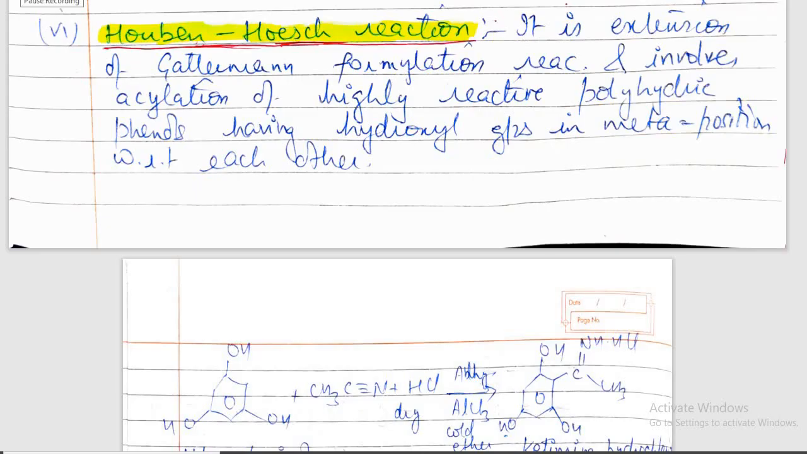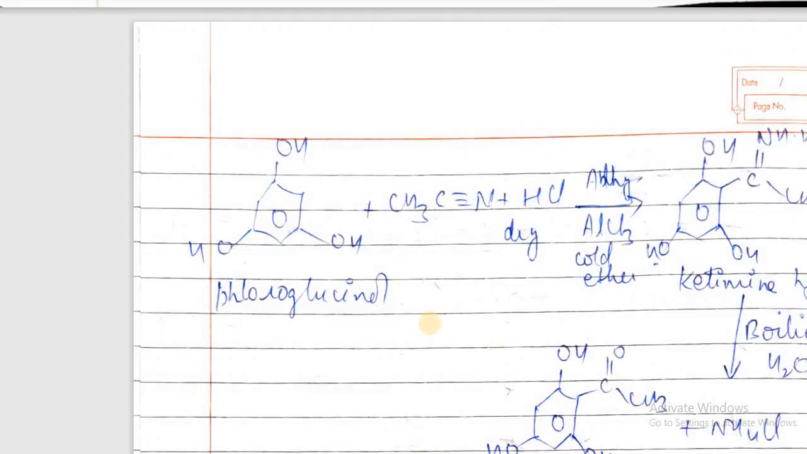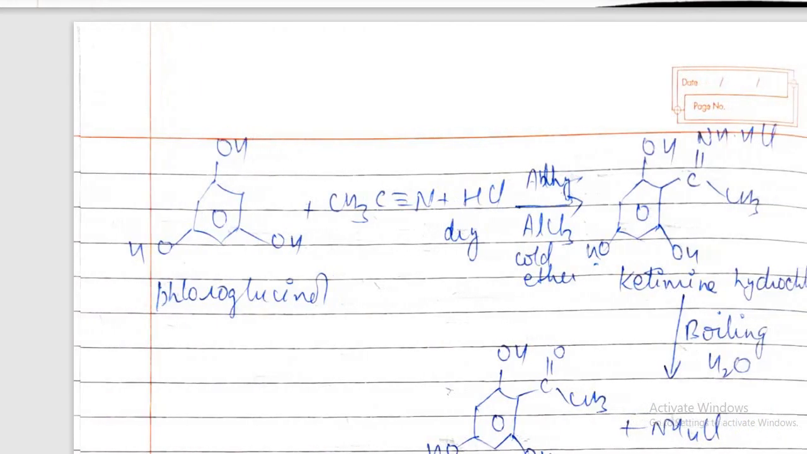Today we will start with the Houben-Hoesch reaction. As we already know, the Gattermann aldehyde synthesis is similar to this reaction, or we can say this Houben-Hoesch reaction is an extension of the Gattermann formylation reaction, and it involves acylation of highly reactive polyhydric phenols having hydroxyl groups in the meta positions with respect to each other. This is very similar, and in this we can further study that